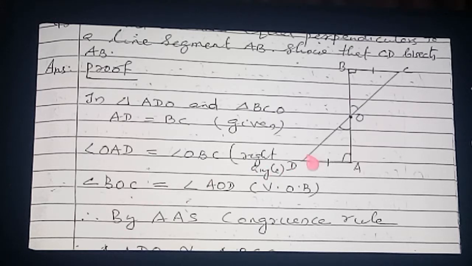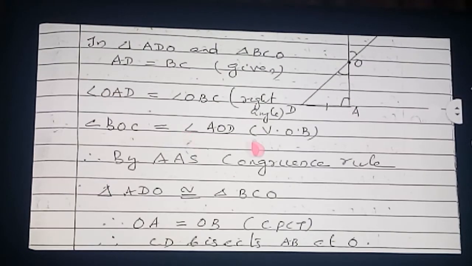Then which rule is applied? See here again. Angle, angle, side: it came in this order. Angle here, then again an angle, then a side. So by the AAS congruence rule, these two triangles are congruent. ADO is congruent to BCO. If two triangles are congruent, all 6 parts are equal; all corresponding parts are congruent. But we will not take all. Why? Which we need, only that we will select.